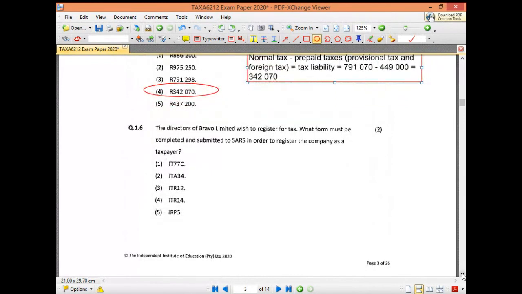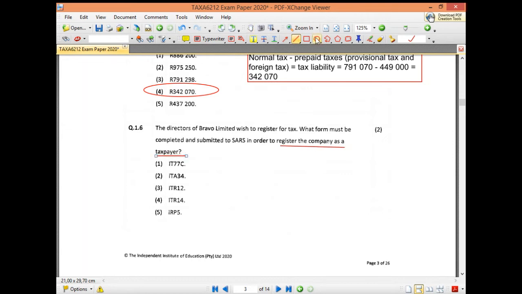They tell you the directors of Bravado Limited wish to register for tax. What form must be completed and submitted to SARS in order to register the company as a taxpayer? Now, this question they are asking, what form do you complete if we want to register as a taxpayer for the first time? It is not for VAT. It is not for income tax. It is a taxpayer. So you need to read very carefully what they've asked you